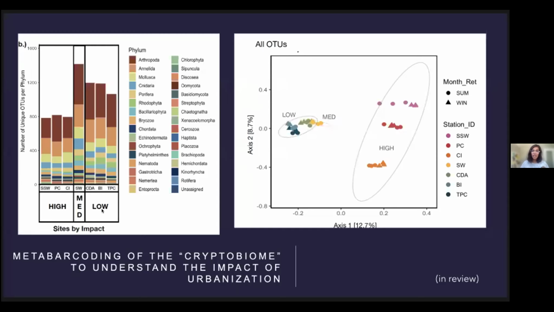And this followed something called the intermediate disturbance hypothesis, which says that a site that is not a site of high disturbance, and neither is it a site of low environmental disturbance, but a site of medium environmental disturbance, is the one that is likely to provide the best environment for higher biodiversity. Yes, so that was a fascinating study.